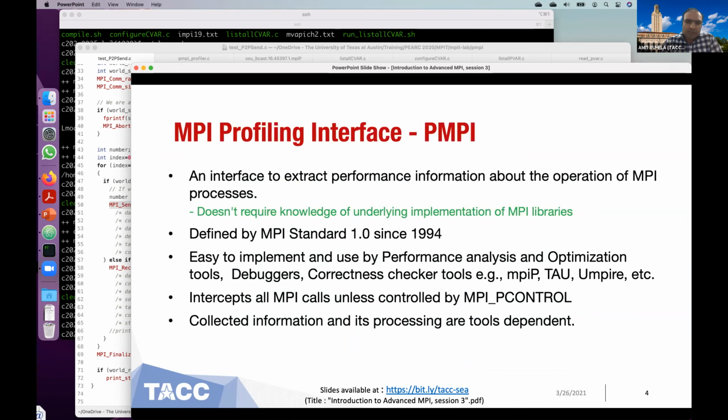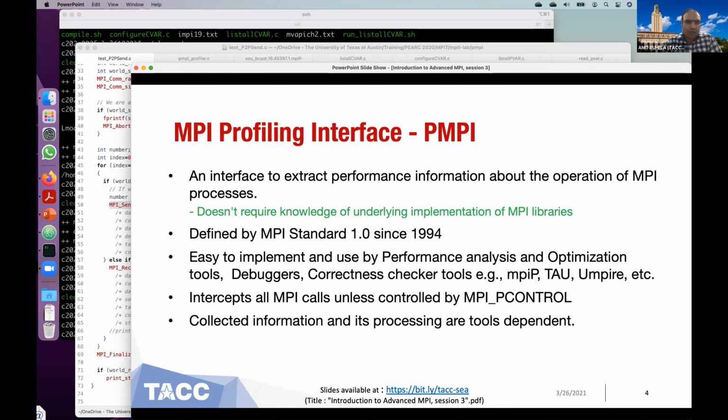Let's start with the first traditional interface, which is PMPI. It has been there since the inception of the MPI library. It was defined by MPI standard 1.0 in 1994. The beauty of this interface is that it doesn't require any knowledge of the implementation of MPI libraries.